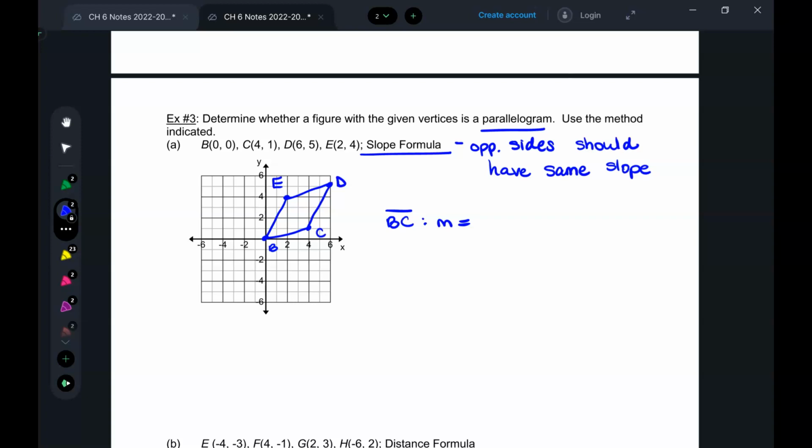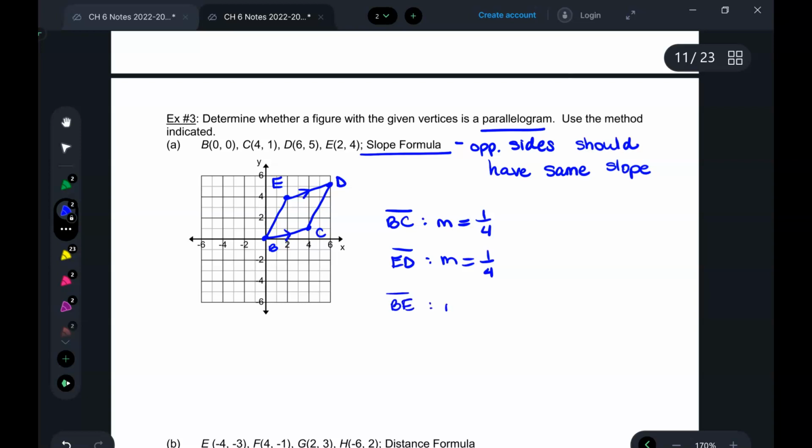Why do we need to check both of them? Well, if we only know one pair of sides are parallel, it's not enough information. Because they have to be parallel. So we got 1/4. So if one side isn't parallel, yeah, because you also don't know if they're the same. So we got these are parallel,